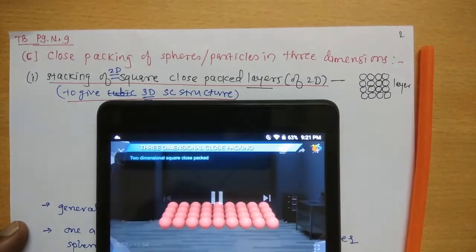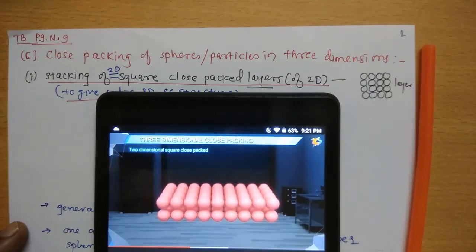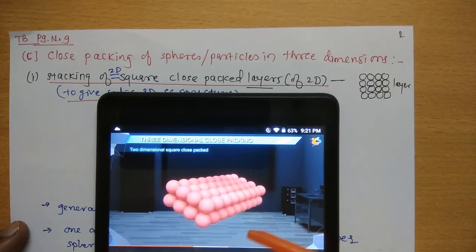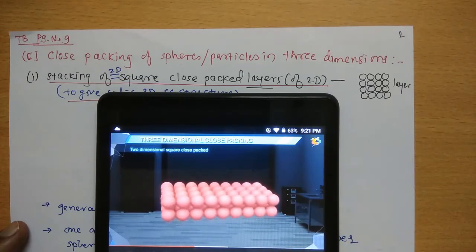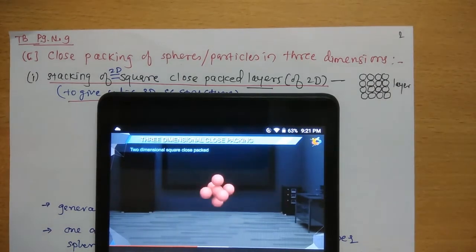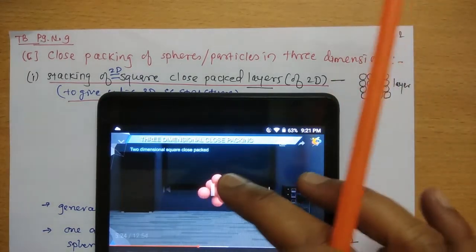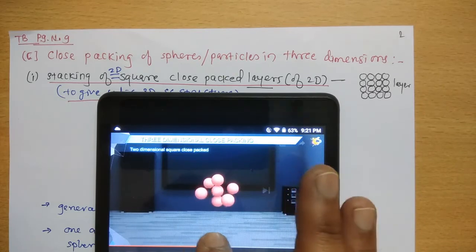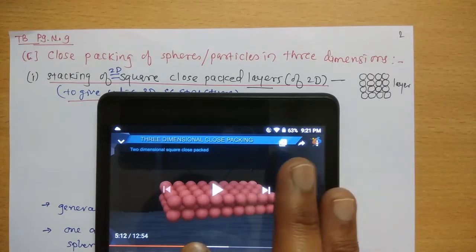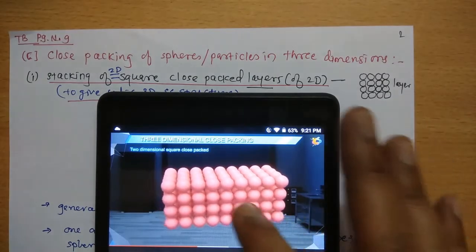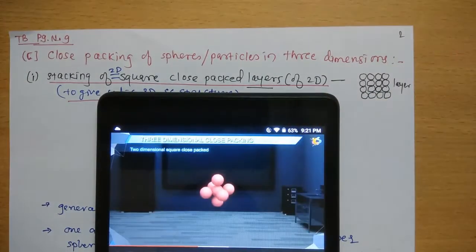Okay, see here. The two-dimensional layers are kept one above the other. And here if you see, each sphere is in contact with other spheres.